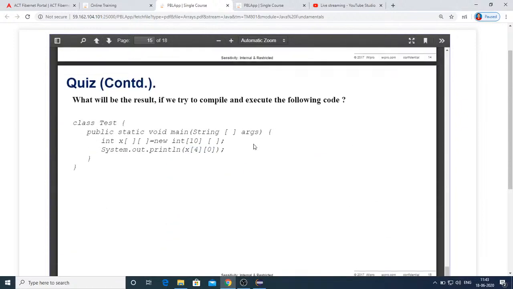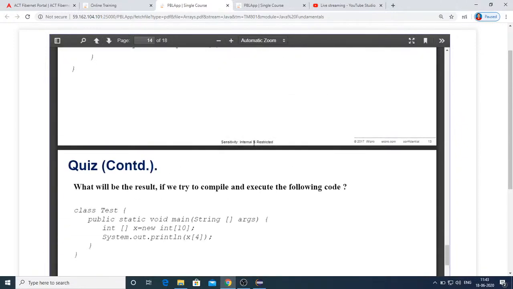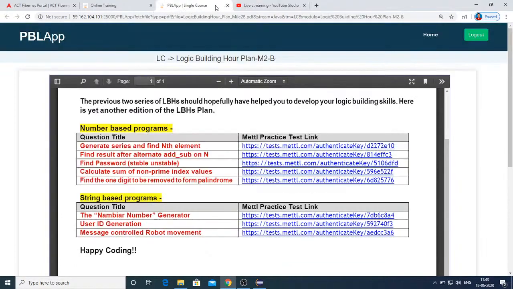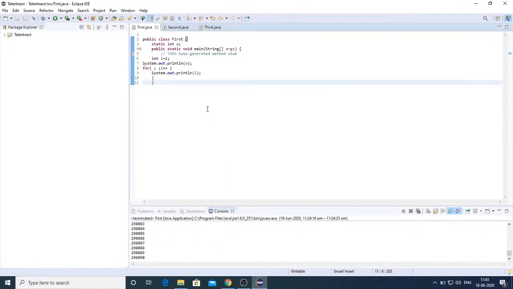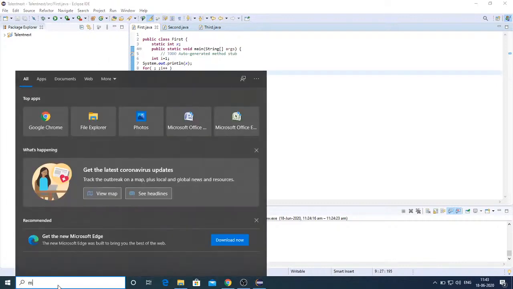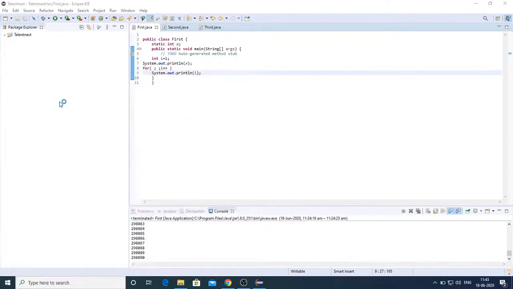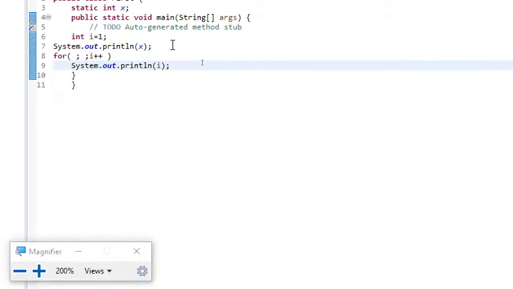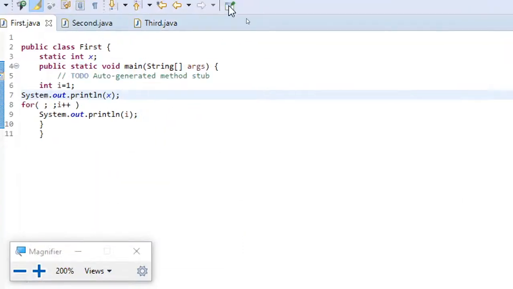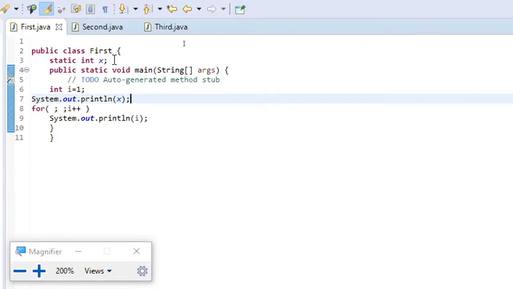Yeah, that's it with the Java fundamentals. So this is about the Java fundamentals. Very quickly, I just want to show you some tips for the assessment test. Yesterday I showed you a few things, and a few more tips I wanted to give you here. Okay, let me use the magnifier again.